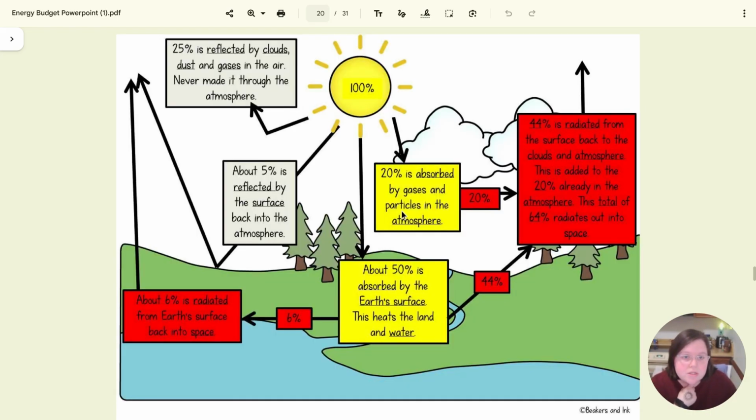Both of those are going out into the clouds and the atmosphere. Okay, so we're adding it together. 64% ends up eventually radiating back out into space. Again, I want to make a difference here. Reflected into space happens right away. Boom, boom. What's happening with the radiation is something gets warmed up and then it slowly releases that heat back